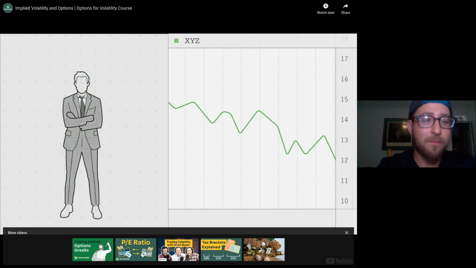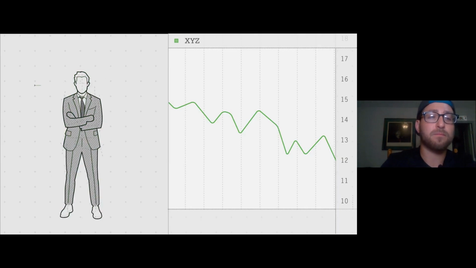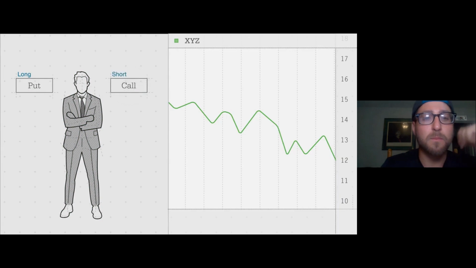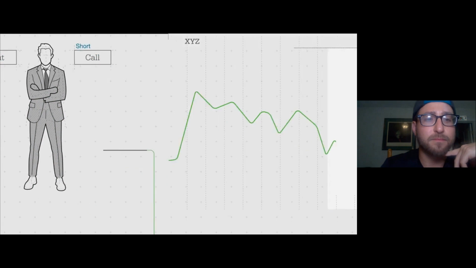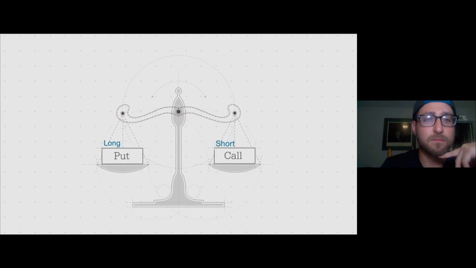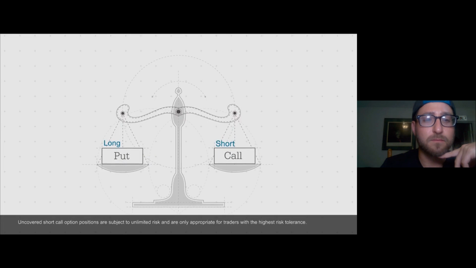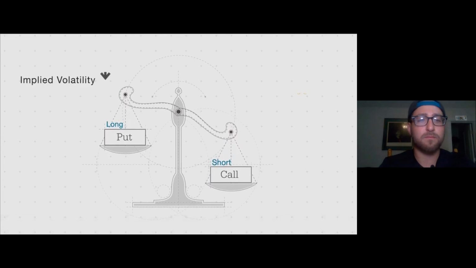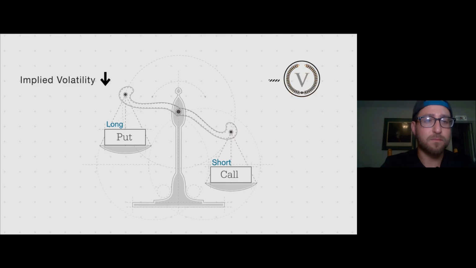So let's see what our friend says here. He might consider buying a put or selling a call. Both are traditionally bearish strategies that are designed to profit from a downward price move. For the purpose of this example, we'll hold off analyzing factors like cost and risks and use implied volatility to help assess which trade might be best. Generally speaking, short option strategies like selling a call can benefit from falling implied volatility. This makes sense since these trades have negative